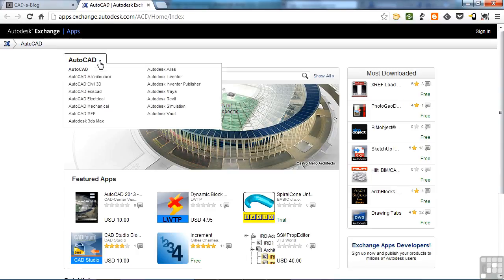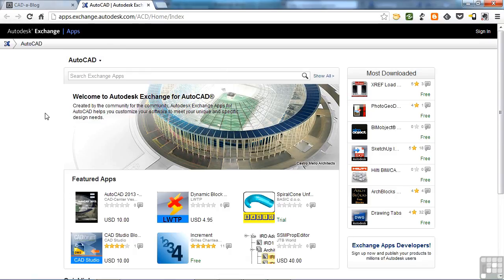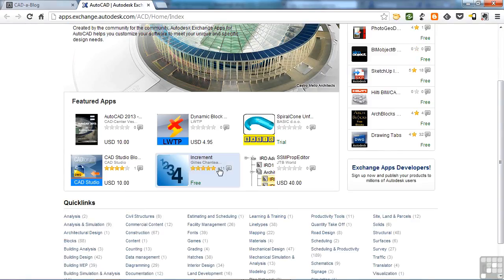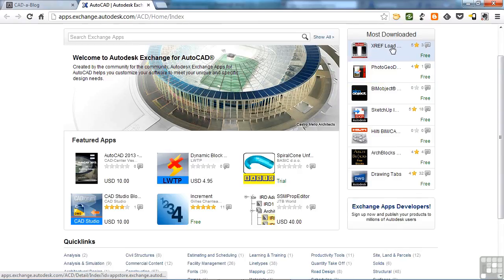Now, Autodesk does have stores for some of their other products, and you can surf to those just right here. So if you use something else besides AutoCAD, like Civil 3D or any of these other options here, Autodesk 3ds Max, for example, you can get to those stores just by clicking on the appropriate button. But these are all of the apps that are in this Exchange App Store. You have some featured apps right here and some of the most downloaded. And these lists will vary from time to time depending on what's being downloaded often and what Autodesk has chosen